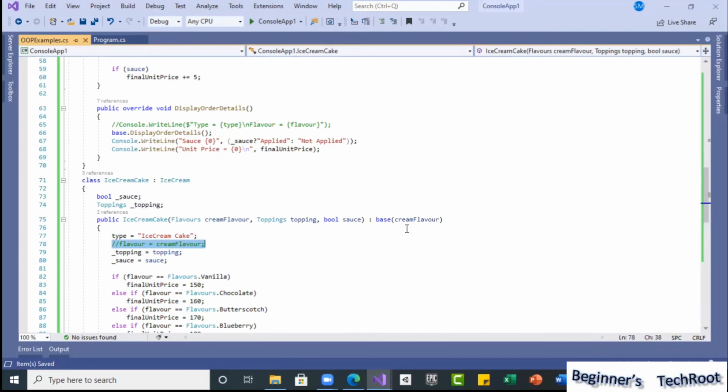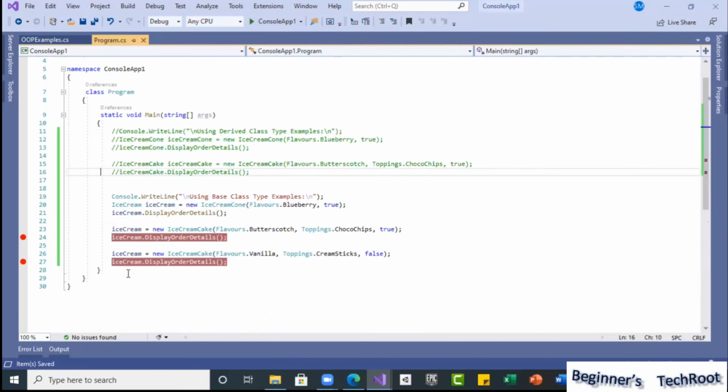But if the respective base constructor has so much code, so much functionality or behavior already provided, then instead of repeating it again here, you can use the base keyword to call the respective constructor of the base class. Okay, so this is all about this example.